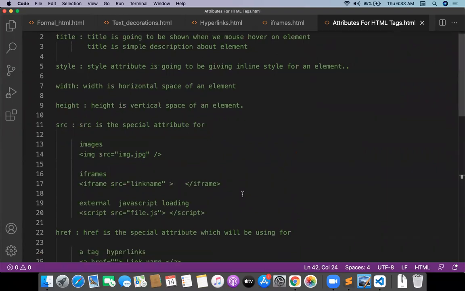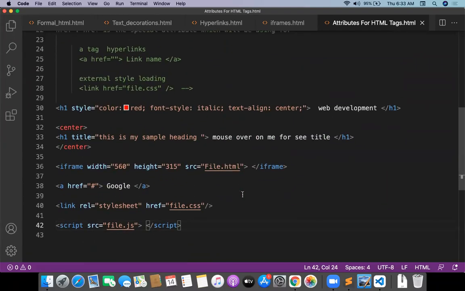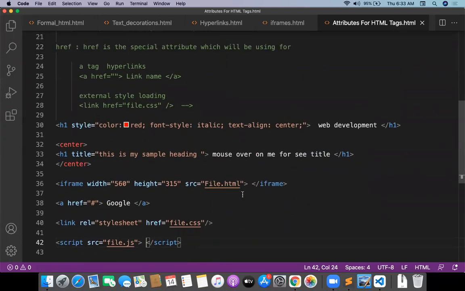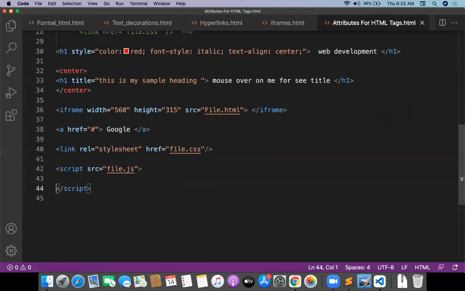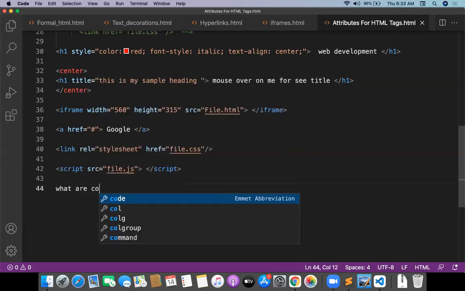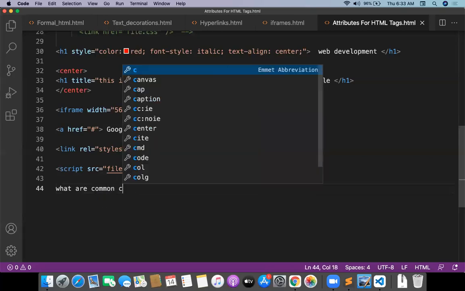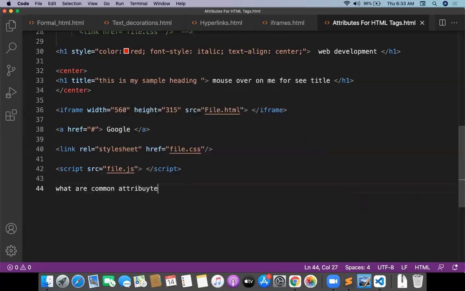Okay, so you have to understand one thing. What are the different kinds of attributes, or common attributes, and what are the special attributes? Let me write something. What are common attributes, guys? Anybody?